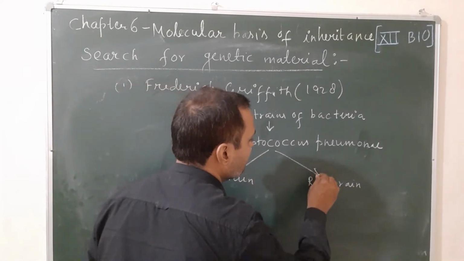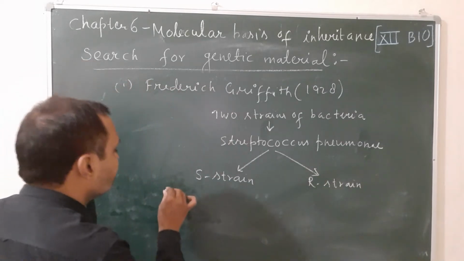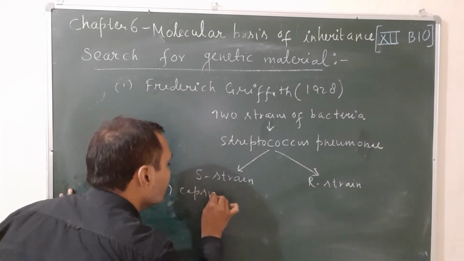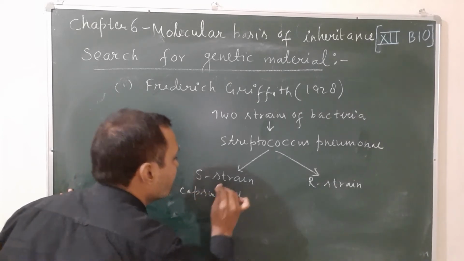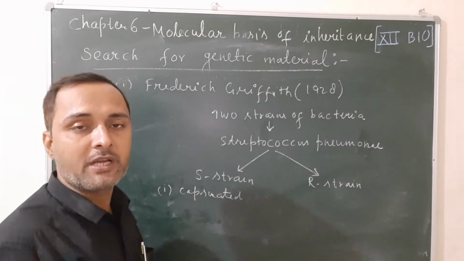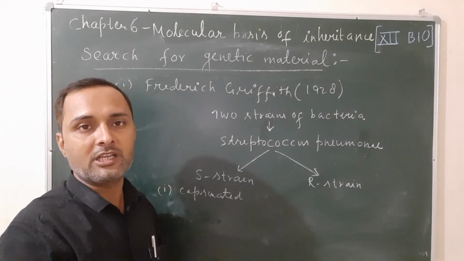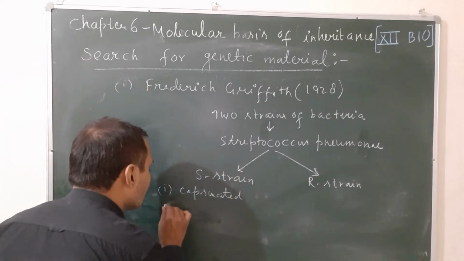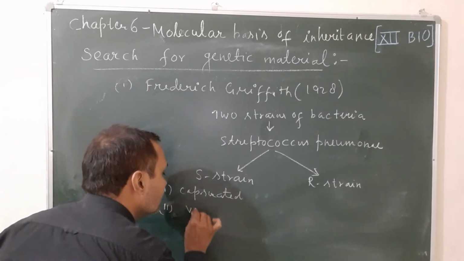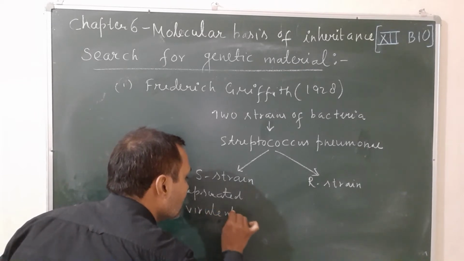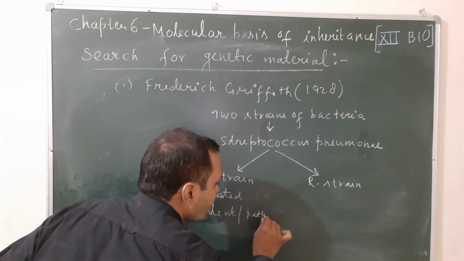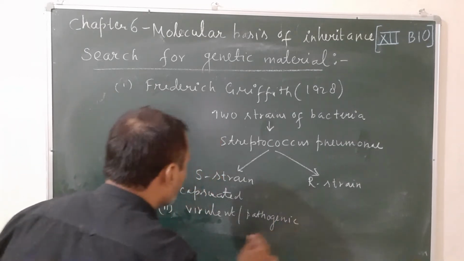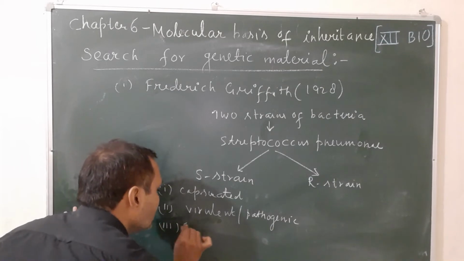There are certain properties of these strains. The first one, the S strain, was capsulated. That means they have a capsule outside the cell wall. You know the structure of bacterium. Outside the cell wall, a special layer is present that is known as the capsule. Second feature, they are virulent. Virulent means they are pathogenic. They cause pneumonia when injected into the mice body. And third, they produce smooth colonies